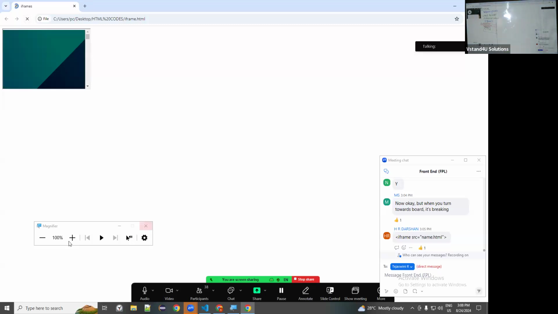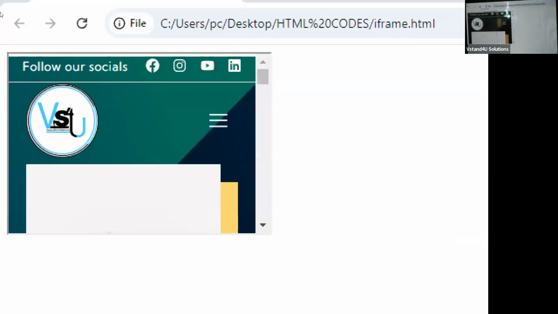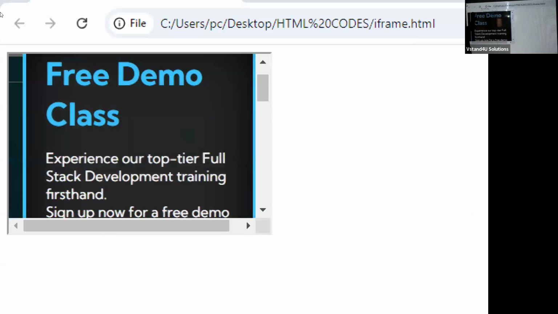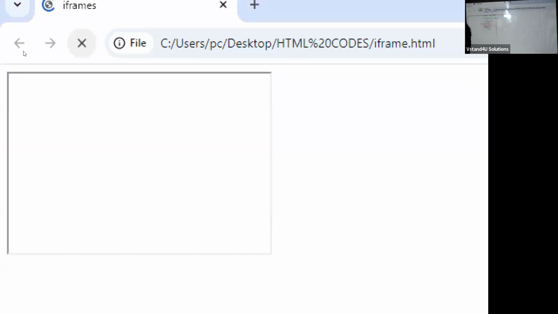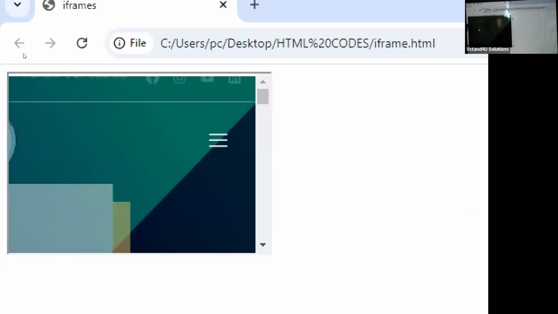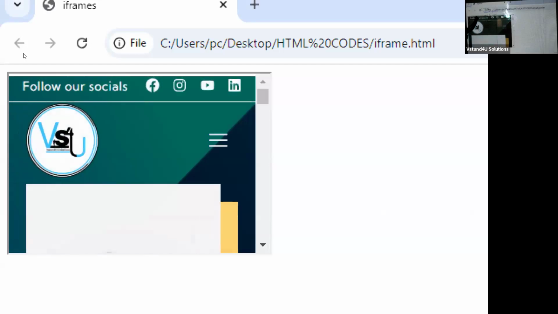Yeah. Now, if you people can observe, can you see a small border here? It went off. Let me show it again. Can you see there's a small border here? Yes. I want that to be